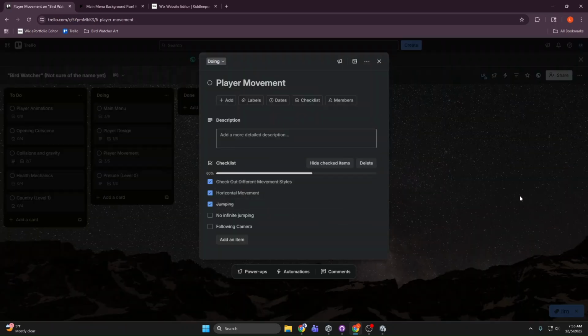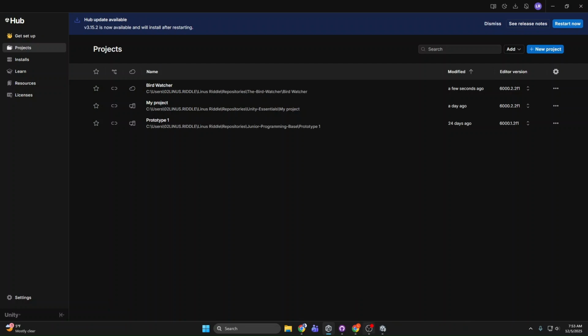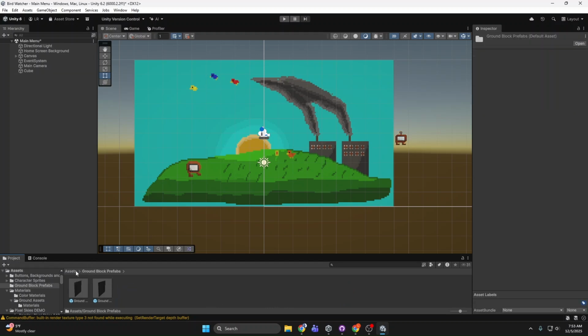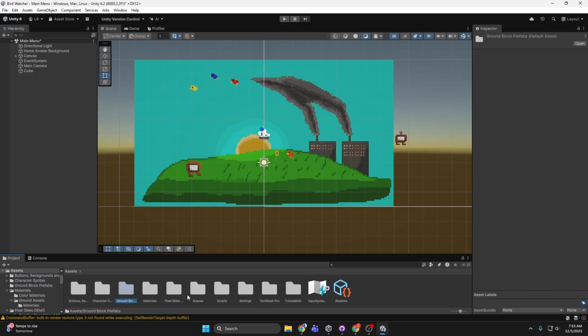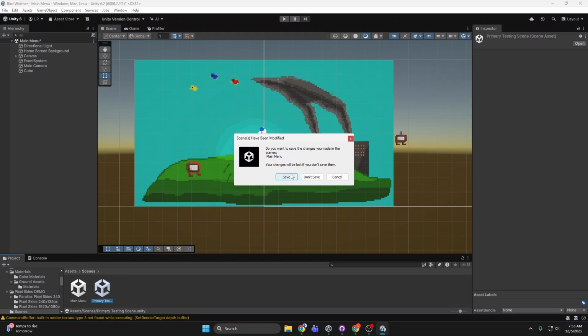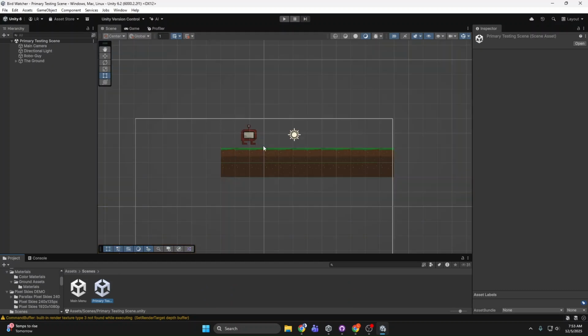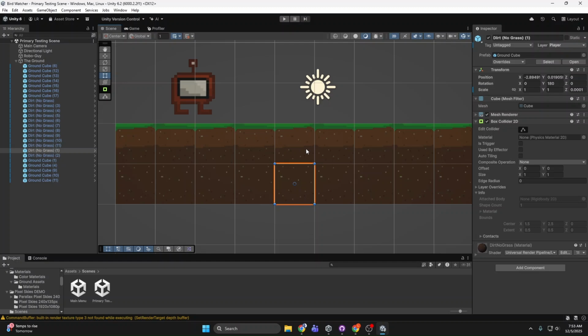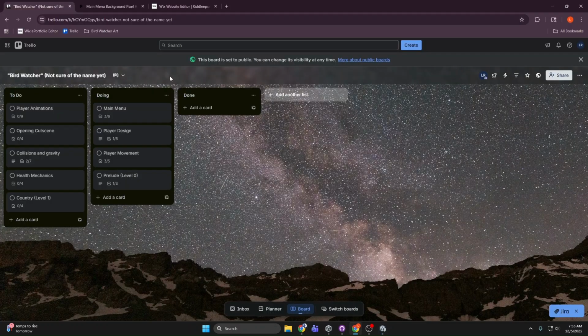And then I added some movement to my guy. So I can show you that real quick. So I have a different scene here. I have all my different files. So for my ground blocks and everything, and these are not technically blocks, but rather just like plates, because the game is 2D. But then in my scenes, I have this testing scene. I don't know what I changed, so okay. So here's just what I've basically designed so far. Again, I made all these assets on the pixel art maker,